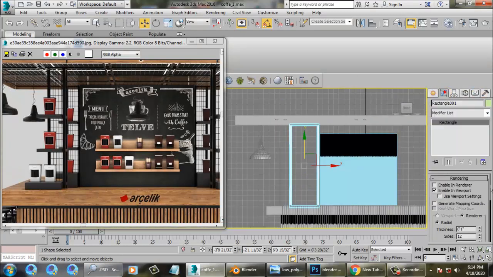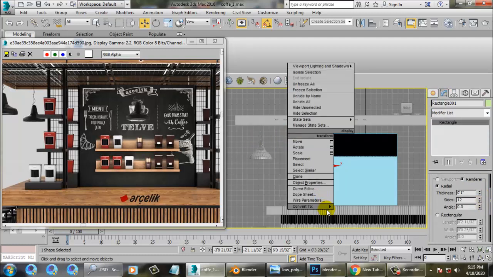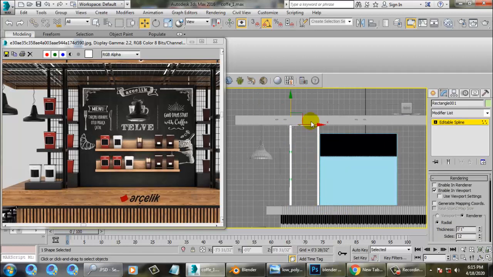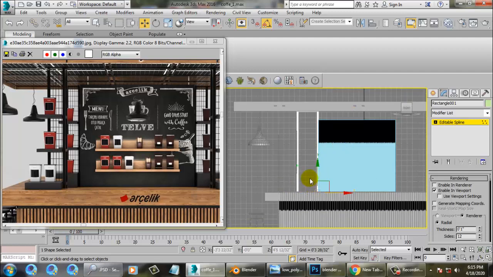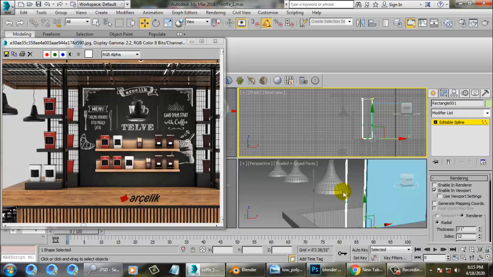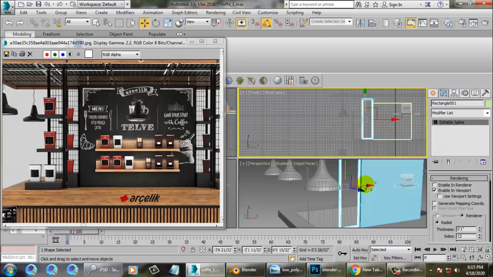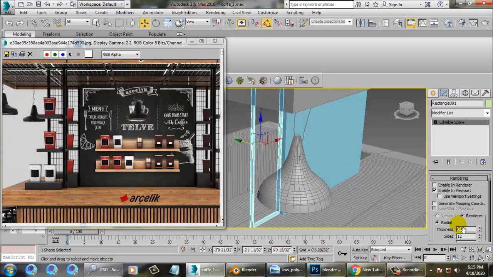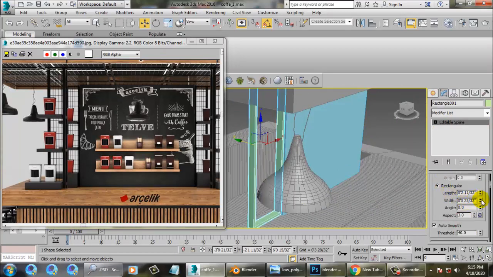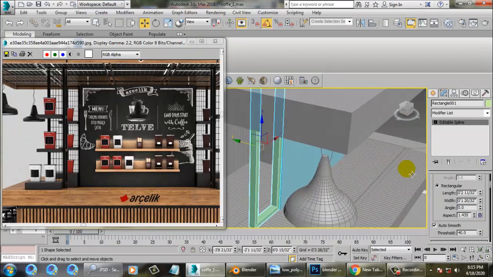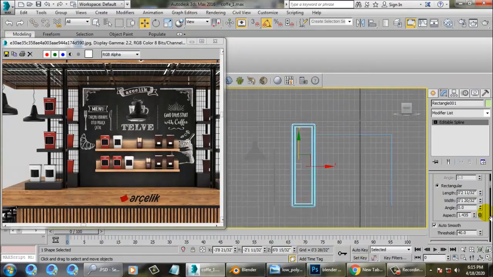Convert to editable spline, reduce this area, push this a bit inside like this, push this up and increase its thickness. I need a rectangular frame over here.